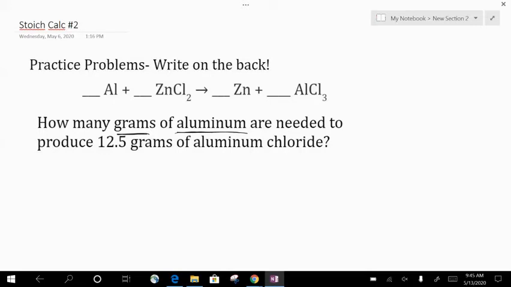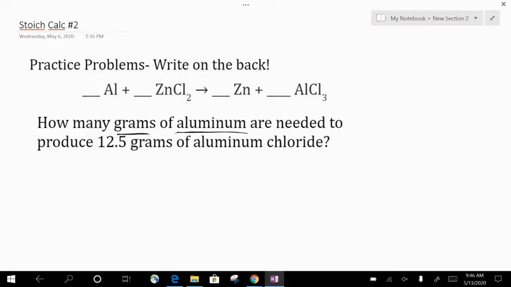All right, so for this problem, it goes with slide number 8 from the PowerPoint. It is our second Stoich practice problem. In this problem, it's asking us how many grams of aluminum are needed to produce 12.5 grams of aluminum chloride. Remember, for any of these stoichiometry problems, the very first thing that we have to do is balance the chemical